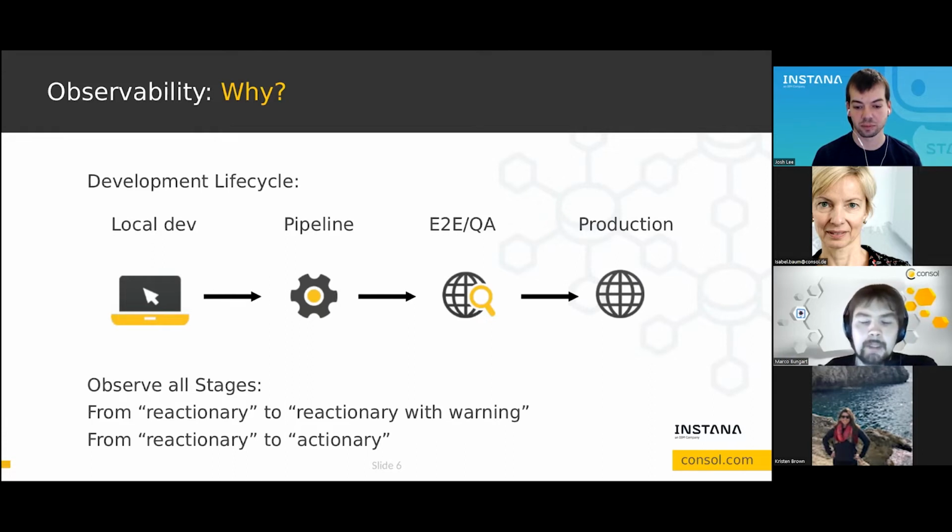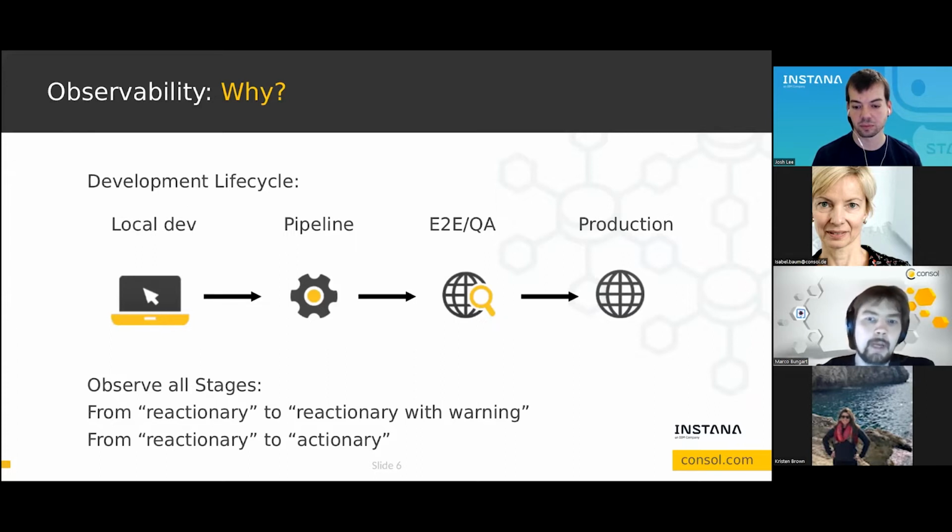Yeah, the pipeline is observed already, because if the pipeline fails, we normally get an email and we see something is wrong. But more crucially, what most people don't observe is the E2E and QA part. So of course, with our E2E tests, we know when the tests are failing, but why the tests are failing is the more interesting part, because we need to fix it.